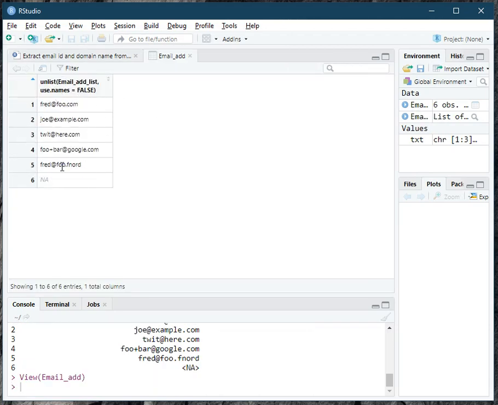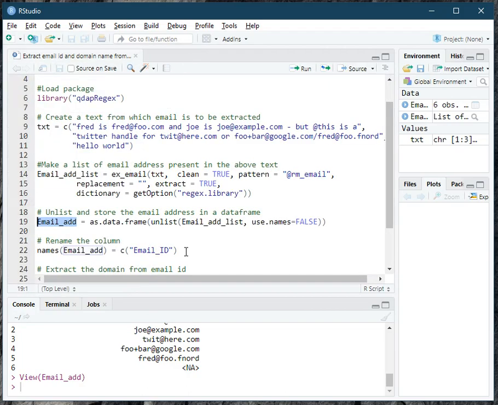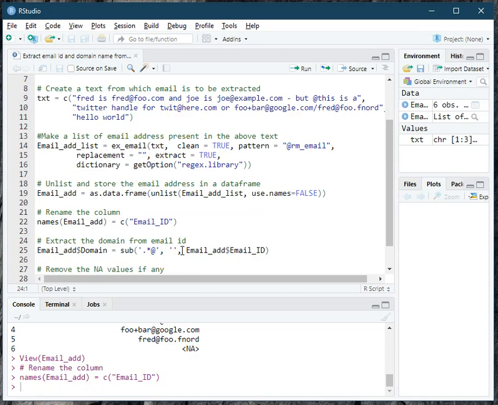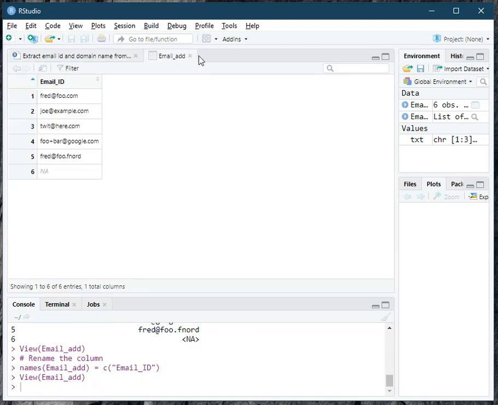Here are the 5 email IDs, one NA, and the name of the column. The name of the column is not correct, so I will rename it using the names function, with the name of your data frame, and then using the vector c("email ID"), I am changing this name to email ID in this particular data frame email add, right?